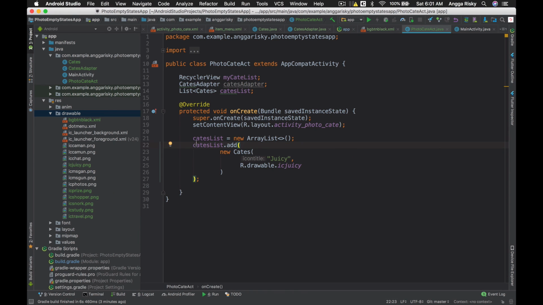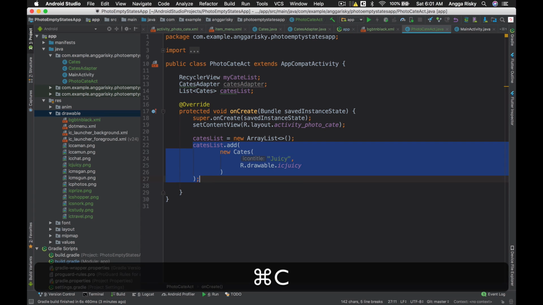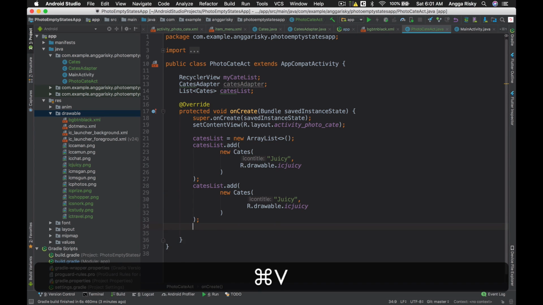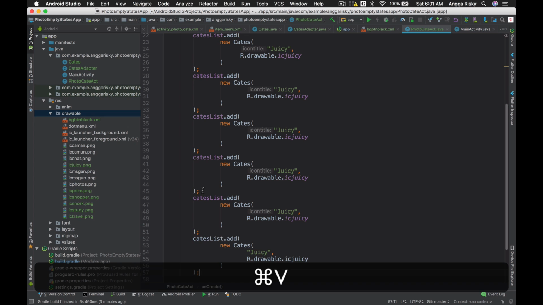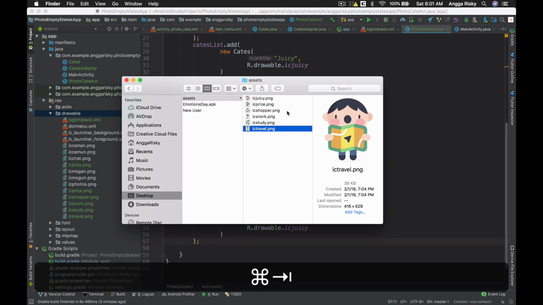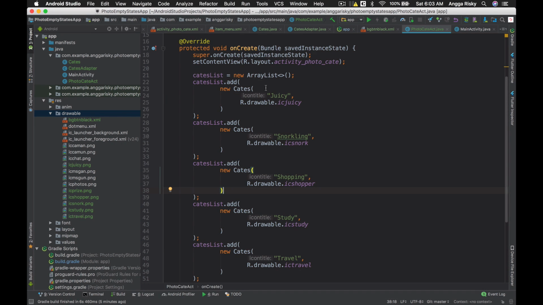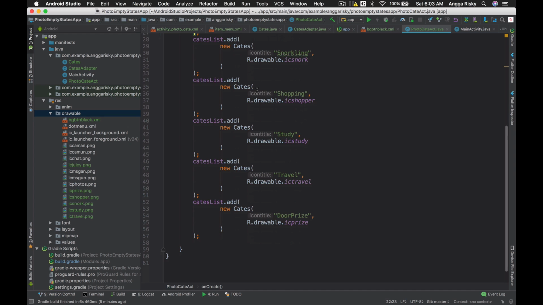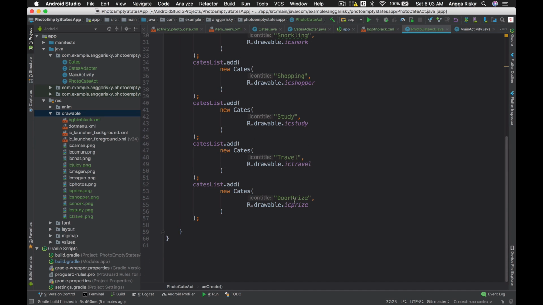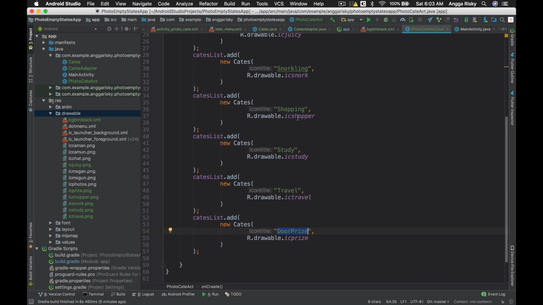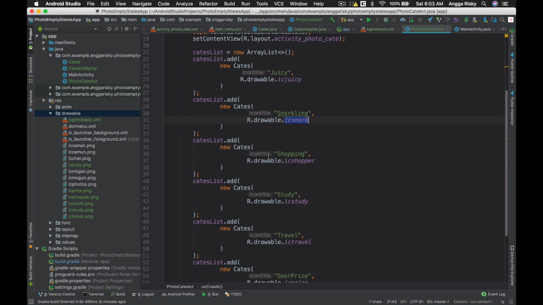So we need to copy all of them until 5 items, and edit them based on the design that we have. So this is for the category, and then we add 1 2 3 4 5 6 items, based on the design. Do not forget to change this drawable.